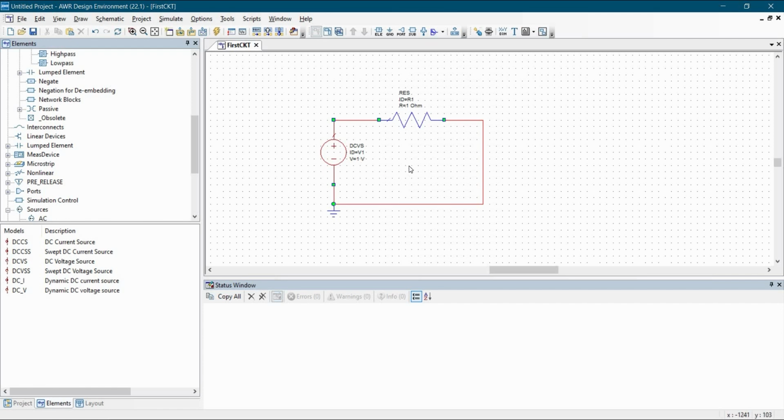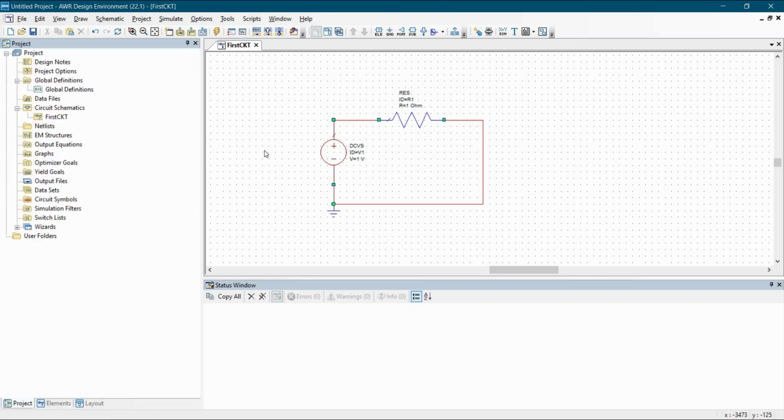So yeah, you can see here we have 1 ohm of resistance on 1 volt of DC source. And if you'll simply apply Ohm's law, so as per Ohm's law, V is equal to IR. So the current will be flowing from this voltage source will be 1 amp, right? Now we are sort of ready to run the simulation, but before running the simulation, we have to add the